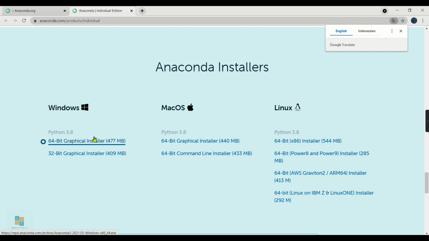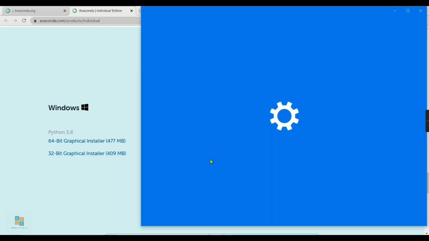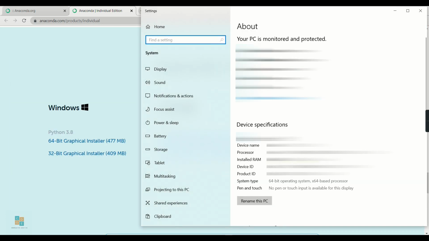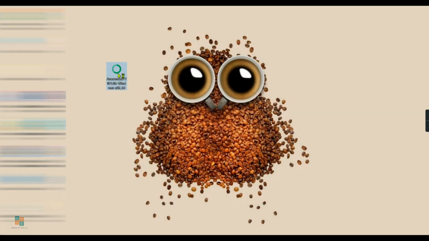Here comes one option for 64-bit Windows, then comes an option for 32-bit Windows operating system, and so on. And if you do not know whether your system is 32-bit or 64-bit, don't worry, go to your search bar and type about. And what comes over here, just click on it. And it will give you all the information about your PC, as mine is a 64-bit operating system. So now that you know, click on the suitable option, and as I have already downloaded it, you need to do it now. And when you are done with your download, go to your directory and find the downloaded file and click on it.